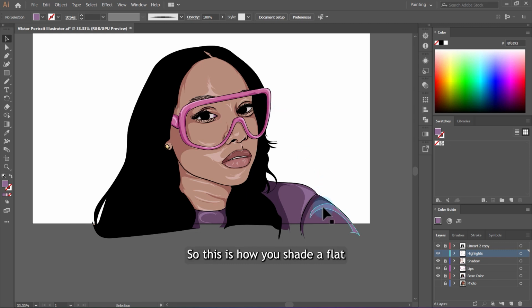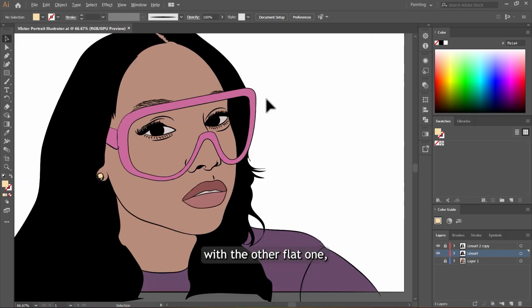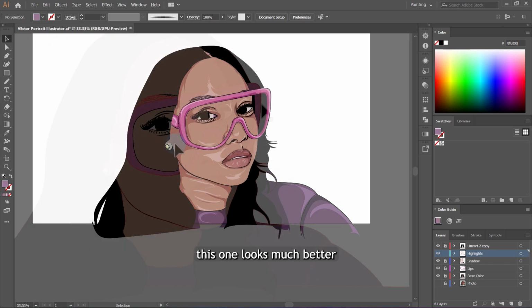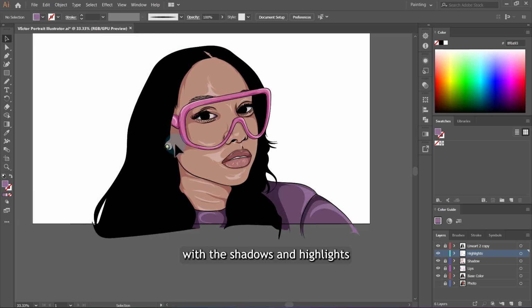So this is how you shade a flat colored vector line in Adobe Illustrator CC using just your computer mouse. Now this one looks real. If you try to compare with the other flat one, this one looks much better with the shadows and highlights,